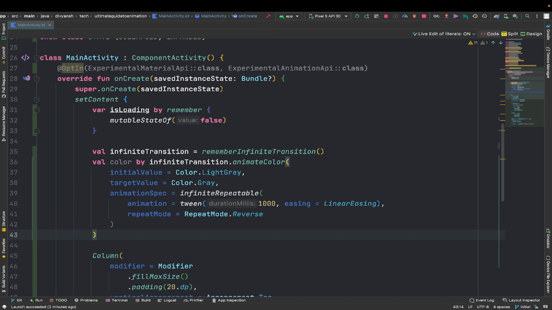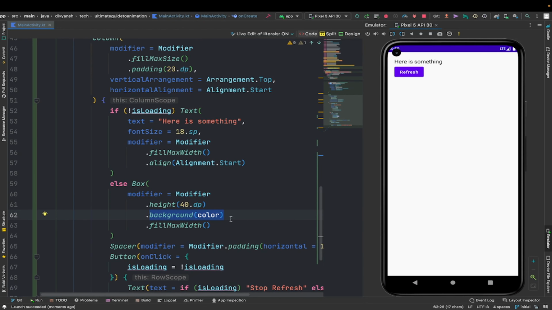Now let's give this color property to the box and let's test the app. So here you can see that I have given the color property to the box. Now let's test that. In here we'll see that when we click the refresh button, the box animation appears, and when we stop that,